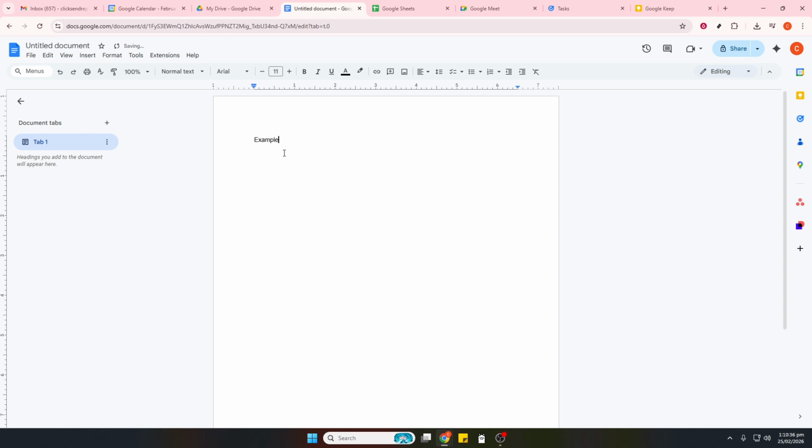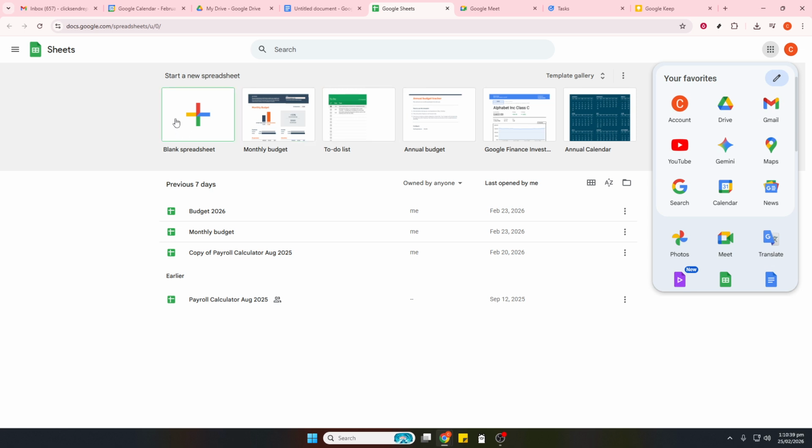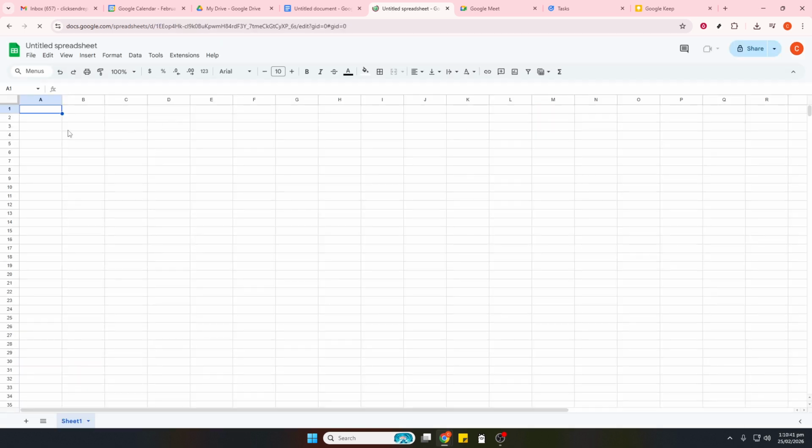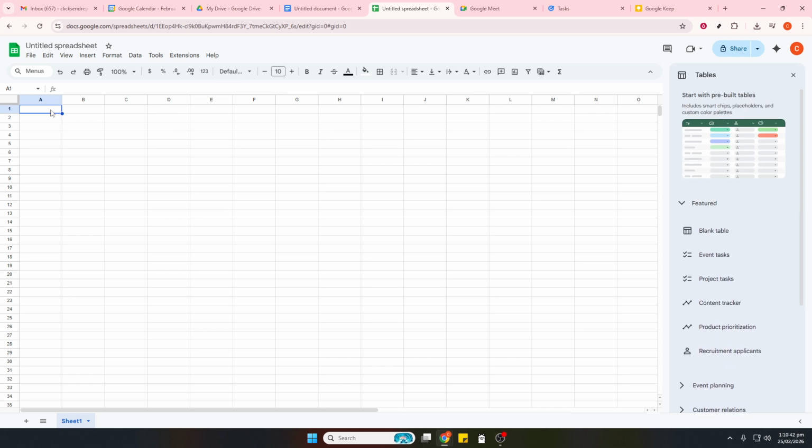Track your numbers in Google Sheets. Build lightweight trackers for content, expenses, and leads. Use basic formulas like sum, if, and count. Add filters to focus on what matters and apply conditional formatting to spotlight due dates or